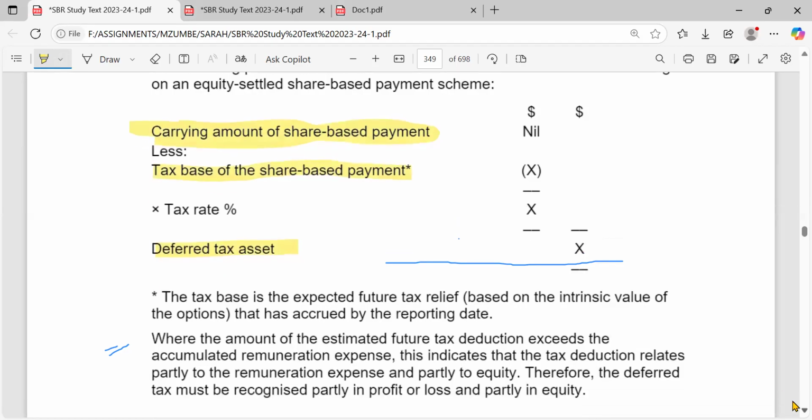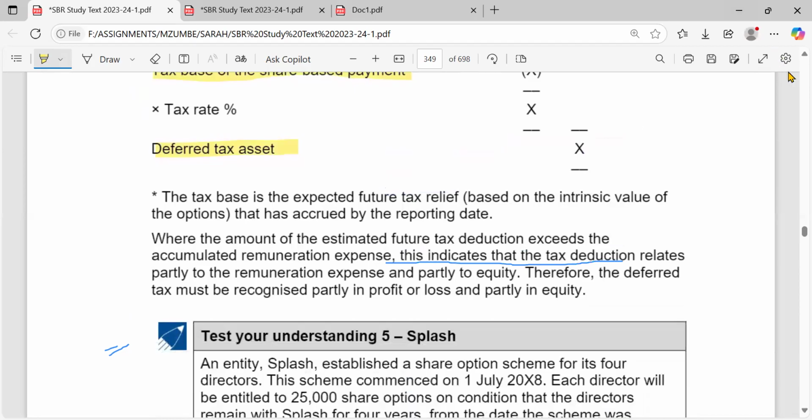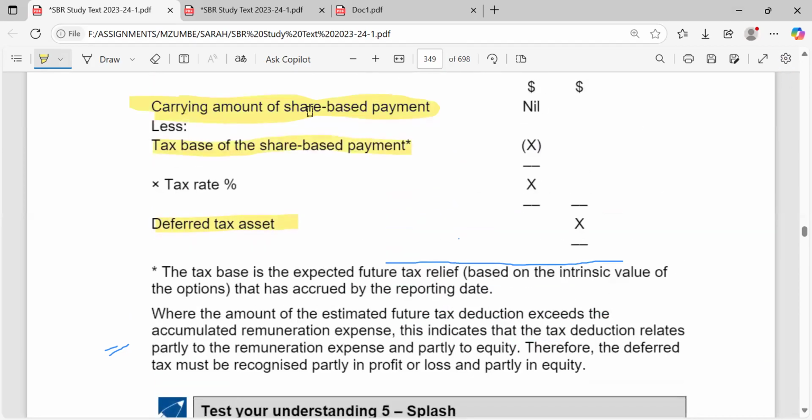Let's go down here and get a picture of this reflection. You had a reflection here, right? On the tax base of share-based payment. So the tax base, how do you get it? It is the expected future tax relief based on intrinsic what? Intrinsic value. You have explained that already, that it is based on intrinsic value of the options that are accrued by the reporting what? By the reporting date, right? So just based on that, to get the tax base, and we are